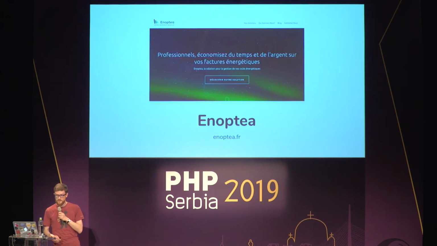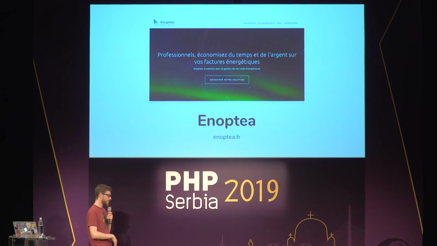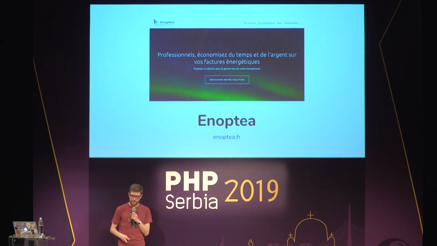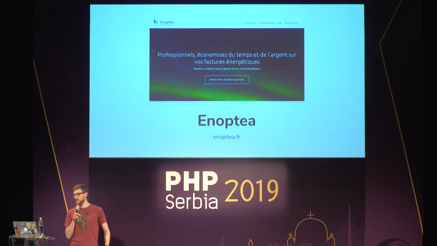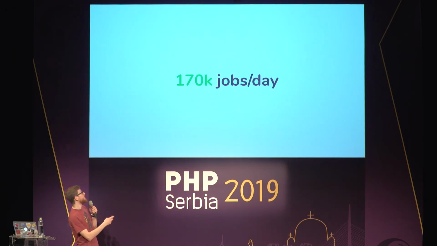Now there's Uptier, which is a different company. It's a French company, actually. And this is a French startup in Lyon. What they do is they process a lot of energy bills, a lot of PDFs, and they extract information. So they don't have that much traffic on the website, but they do have a lot of background jobs. And they started with PHP, running as a worker on Amazon EC2.